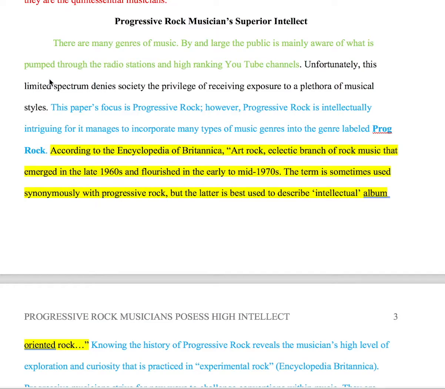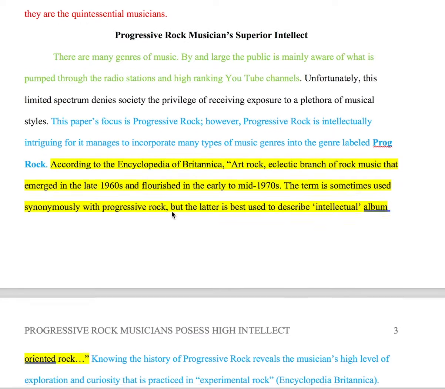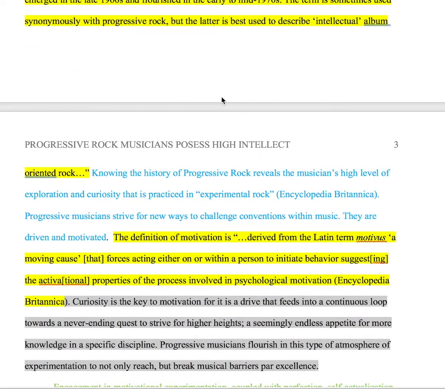Before I'm getting ahead of myself, you see there's a transitional sentence here where I want to do a seamless kind of move. I don't want to just abruptly come into any topic, right? So here's a transitional sentence. This is black because it's just another piece of information. But here's my topic, which is just defining essentially progressive rock, or also known as prog rock, and where the history came from it. And before I go into any critical analysis, which is not really required for definition,